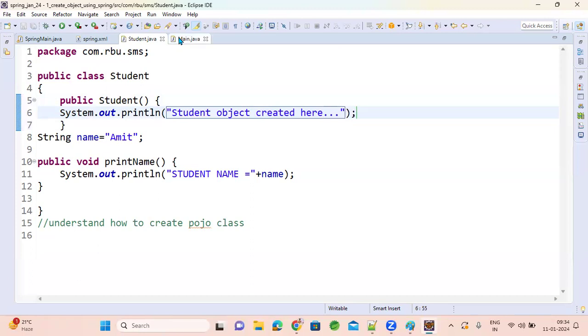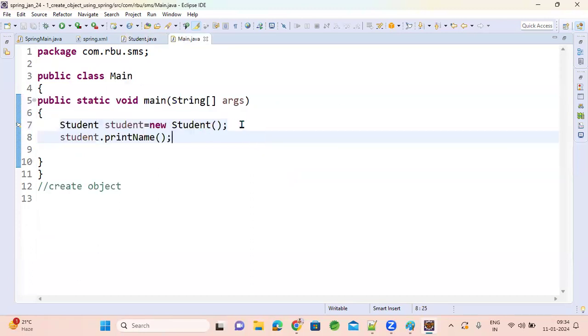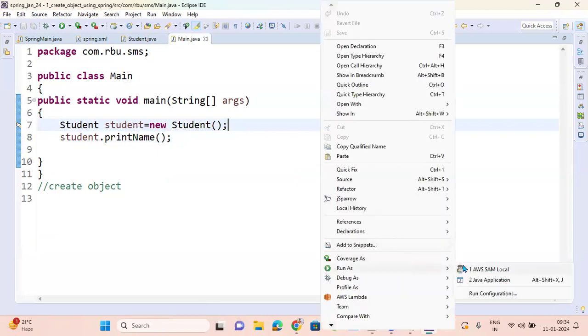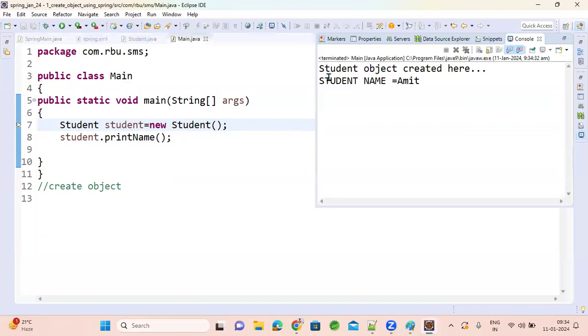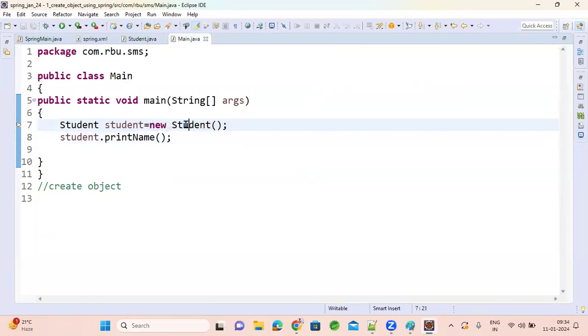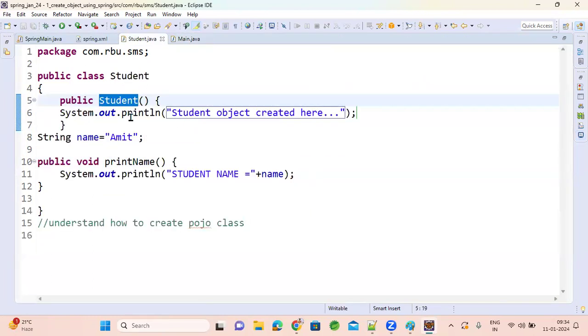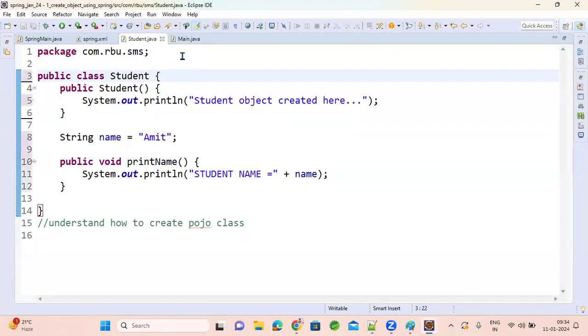Run this first CoreJava example and see. As soon as it reaches this statement, it will execute the output we added there. When you did this call, inside this constructor you have this statement, student object created. This is in CoreJava.